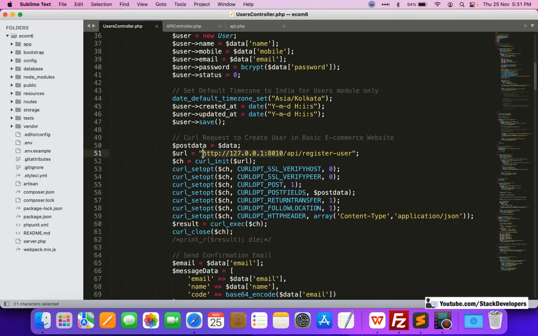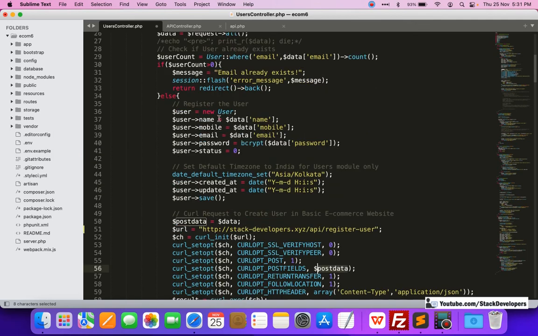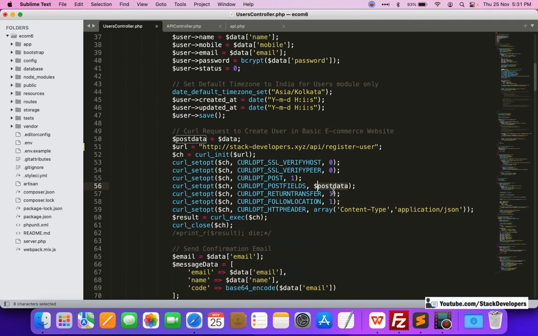While making it online, I have made it to this one. This is the basic e-commerce website API URL. This URL I am hitting to save the user in the basic e-commerce website with curl. And see here the posted data, whatever data we are getting here, all will get posted there, and we are saving there as well.